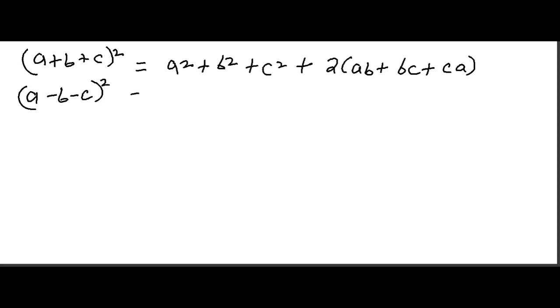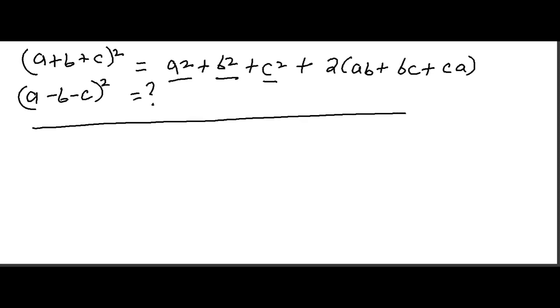Alright, so this one is your workout. Work this out and see what you get. Mind you, you can expand it on the same lines as these. Say for example, where it is b square you can take minus b, and where it is c square you can take minus c. So you can work this out also.